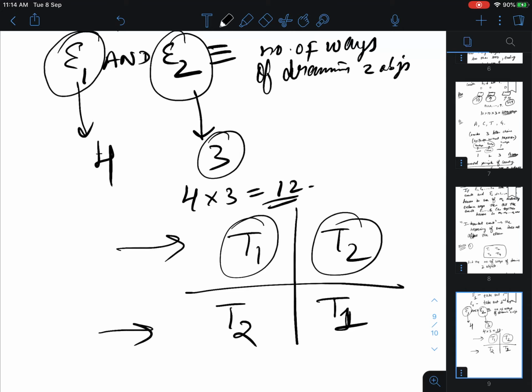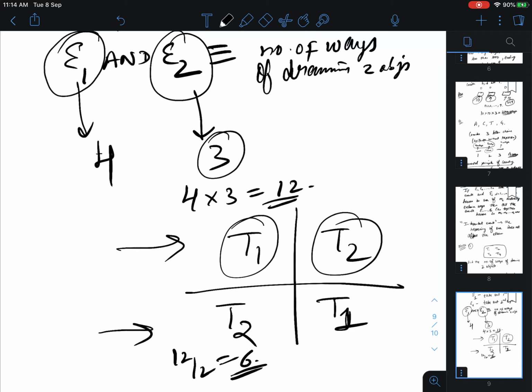Okay. Now if the question is find the number of ways of drawing two objects, then it would be just 12 upon 2 equal to 6, because ordering is not important as per the question. It does not matter which object you take out first. So what you want is, you just want to select two objects from the container. So ordering is irrelevant there, and later on in combinations we will study this thing, that while we select a certain number of objects from a given set of objects, there is no concept of ordering when we select objects.